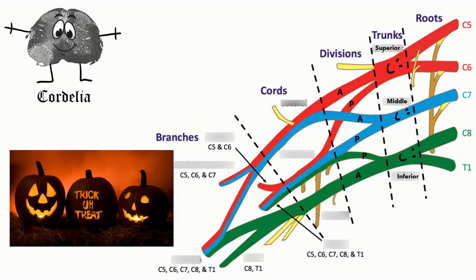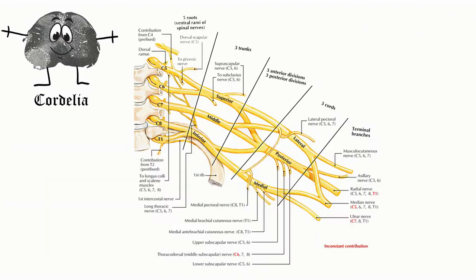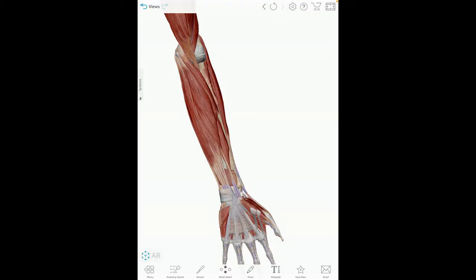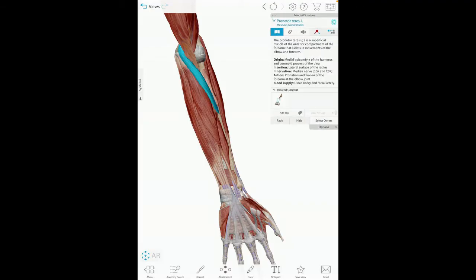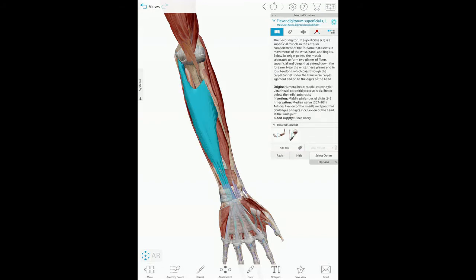Anyway, today we're going to talk about the terminal branches of the brachial plexus going to the forearm and hand. Let's start with the median nerve, which is the union of the medial and lateral cords. It supplies all muscles of the anterior forearm compartment except for flexor carpi ulnaris and the ulnar division of flexor digitorum profundus. This includes pronator teres, flexor carpi radialis, and palmaris longus in the superficial compartment, flexor digitorum superficialis in